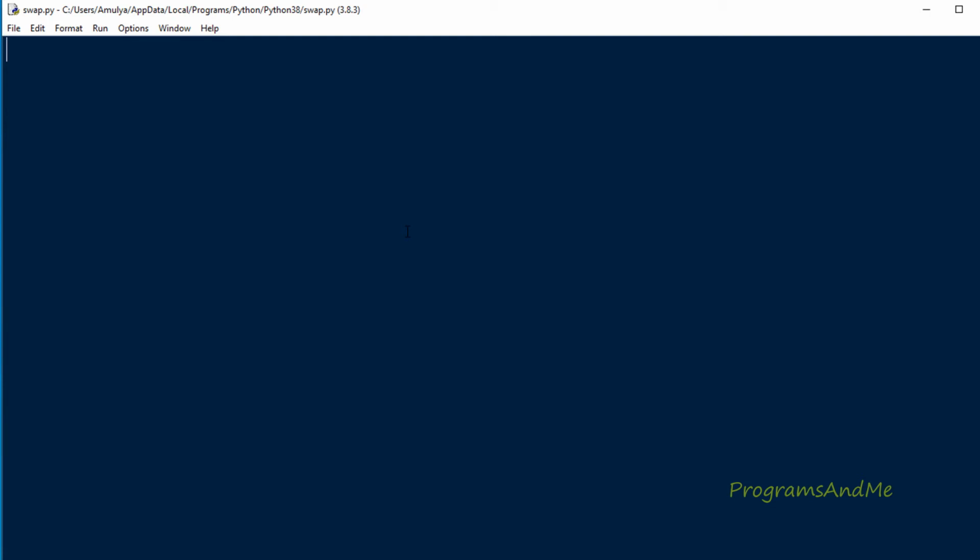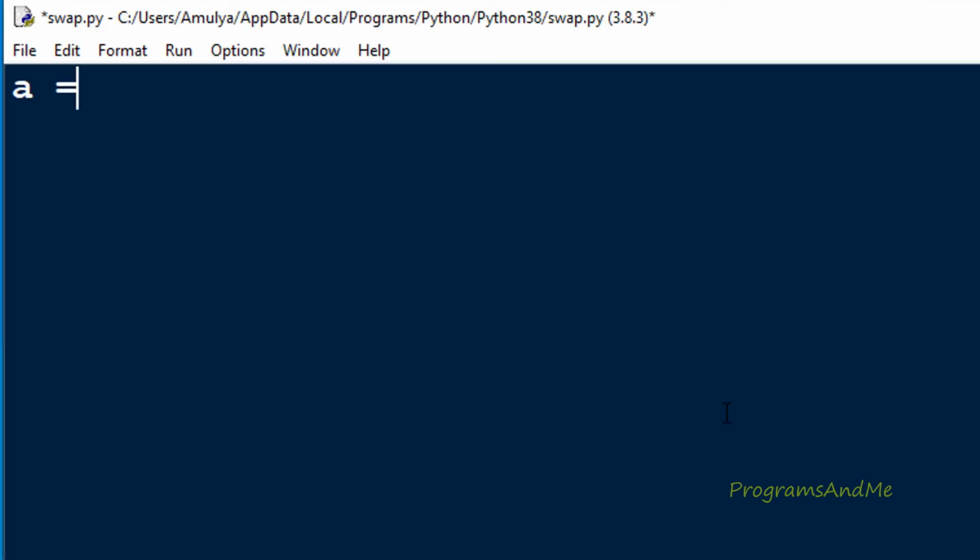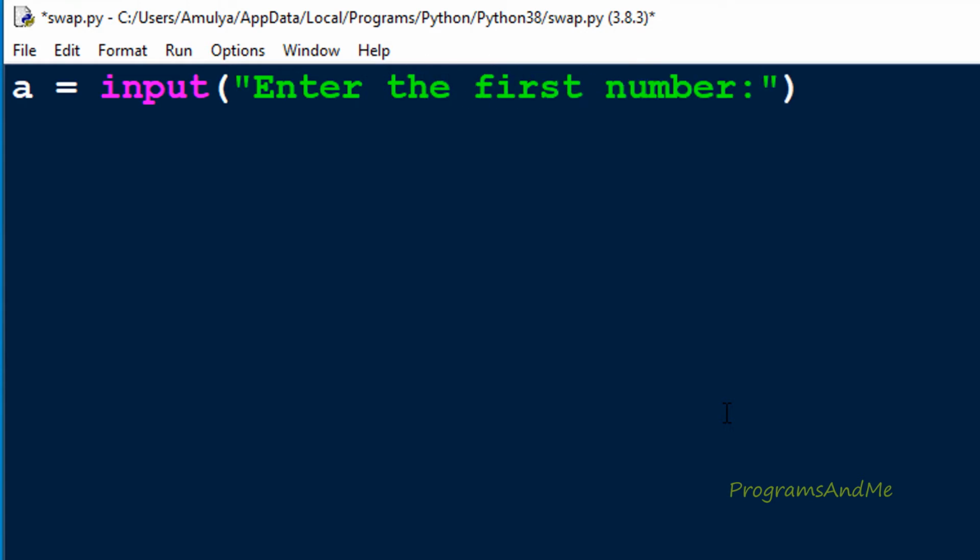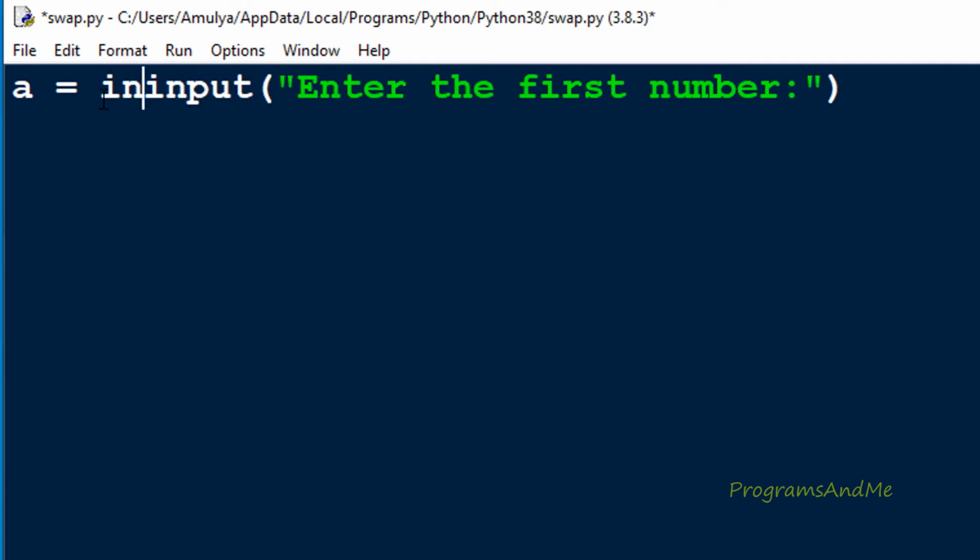So coming to the program, first we need to take the input. What is the input for this program? We need two numbers, right? And we need to store them in two variables. So first I'll take the variable name as A and take the input from the user. Here I'll take integer inputs, okay?